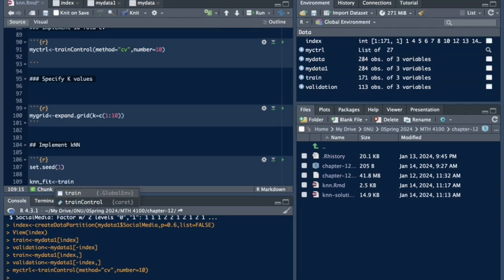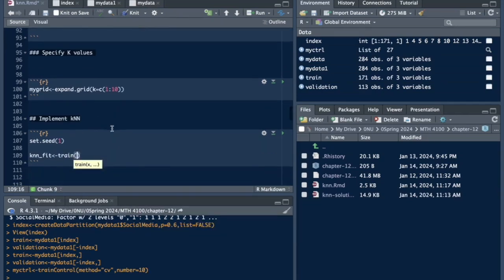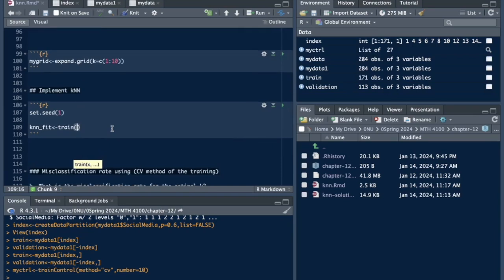It's a train. This function we have used many times. When you do cross-validation, K-fold, we use train, and train contains so many methods. And now we are going to use a few arguments. Number one, you have to specify what is your formula. The formula is social media